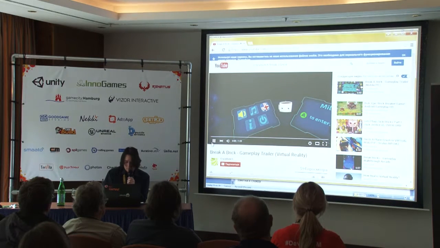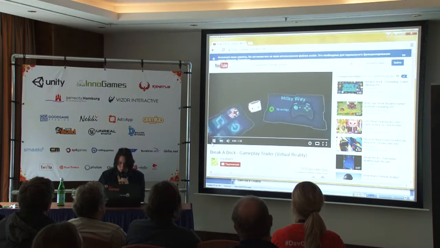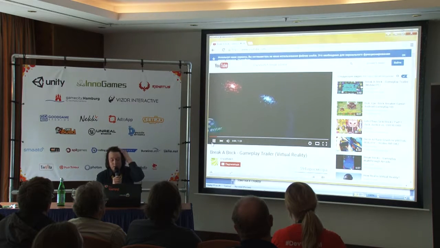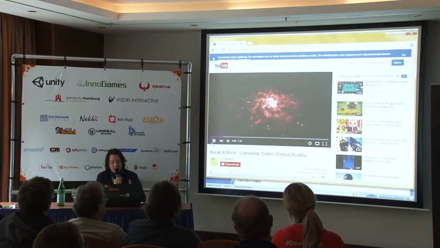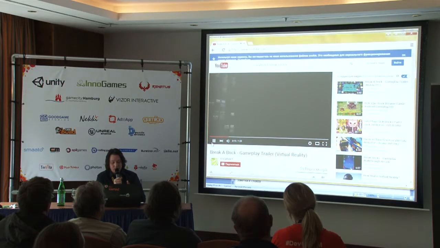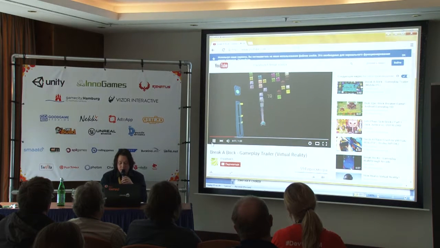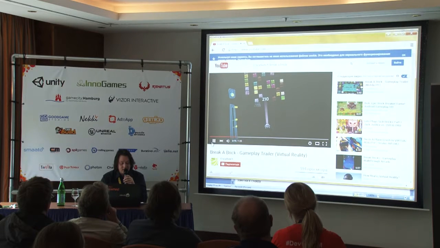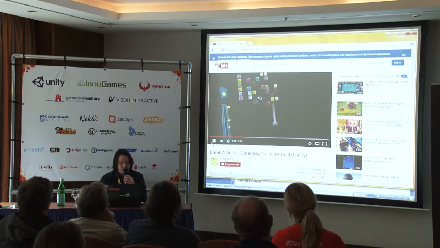Okay. Here I want to show you a video of some of the VR features we integrated in Break-a-Brick. As you see, here we integrated head tracking. With head tracking you can control and select options in the menu. The menu is not just text or icons, but rather optically implemented within the spaceship's HUD. And during the game, you can see the 2D game projected in space, and you can look up in order to see the bricks coming down at your ship.